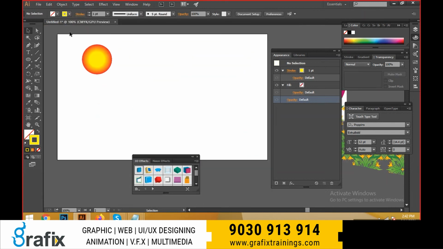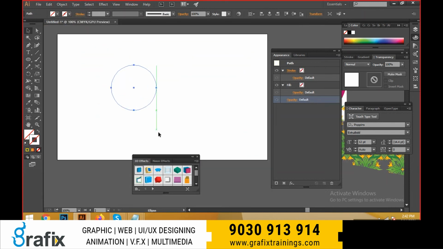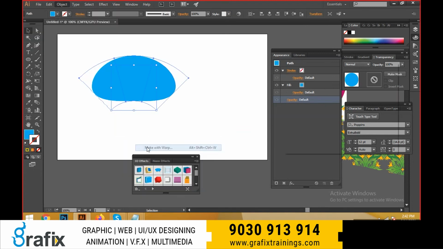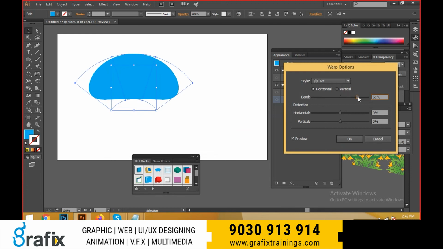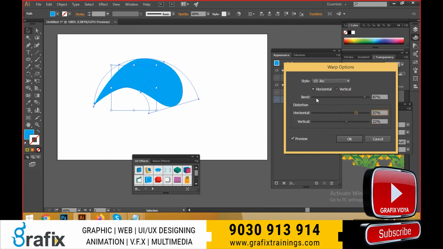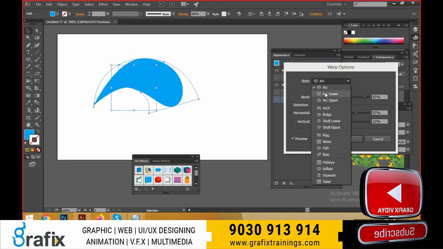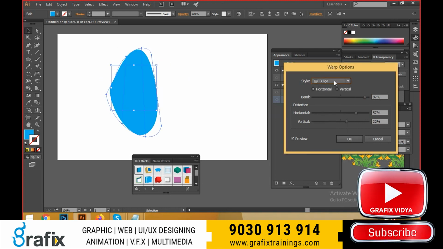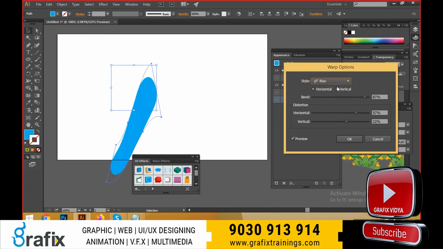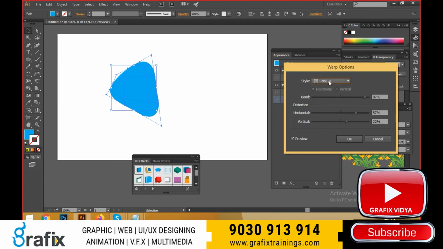Suppose you take any object, guys, just select it and make it a color. Go to the object, envelope distortion, make it wrap. I can go to the options like this, horizontally and vertically, and go to the arc, lower, bulge, shell upper, and wave, fish, fish eye, and these are the shapes of the objects.